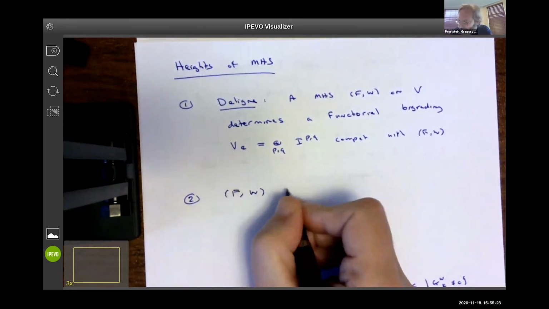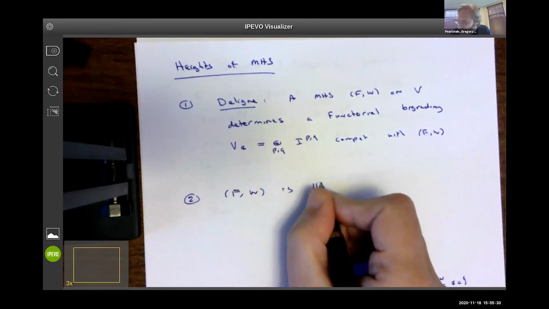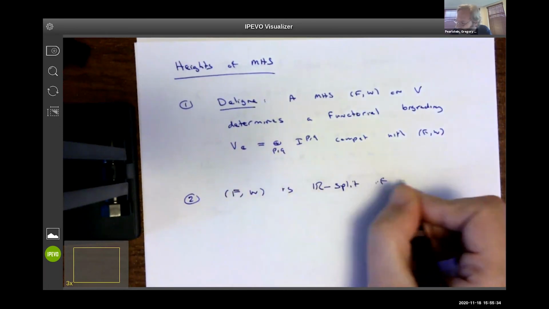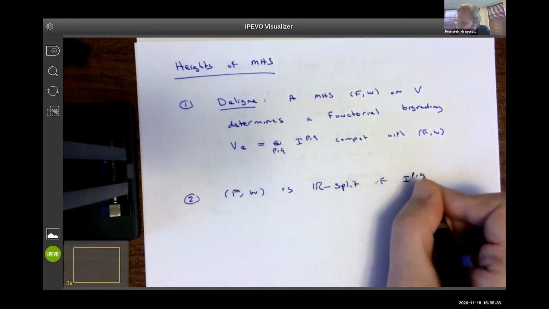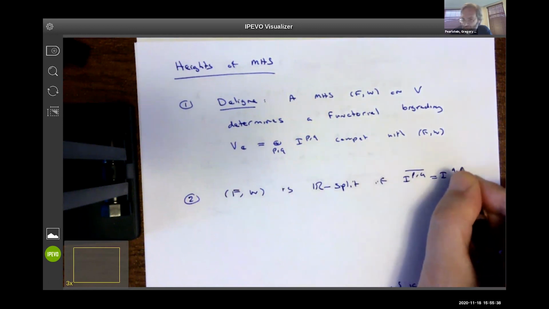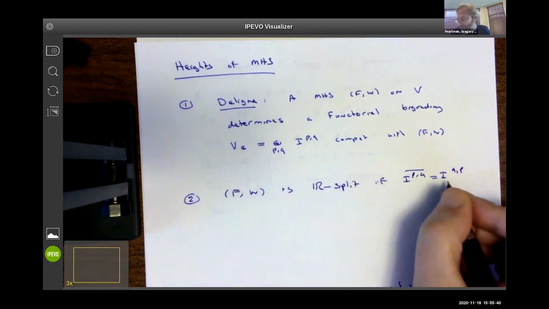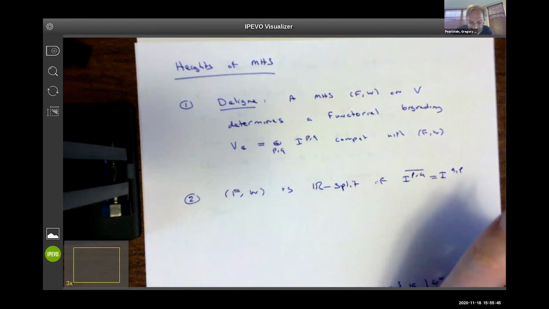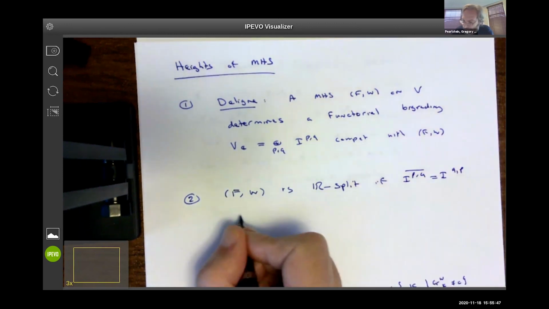(F, W) is R-split if I^{p,q} bar is I^{q,p}. So for pure Hodge structures, these are the H^{p,q}s, and this is always true. For mixed Hodge structures, this is not true. Okay, so then